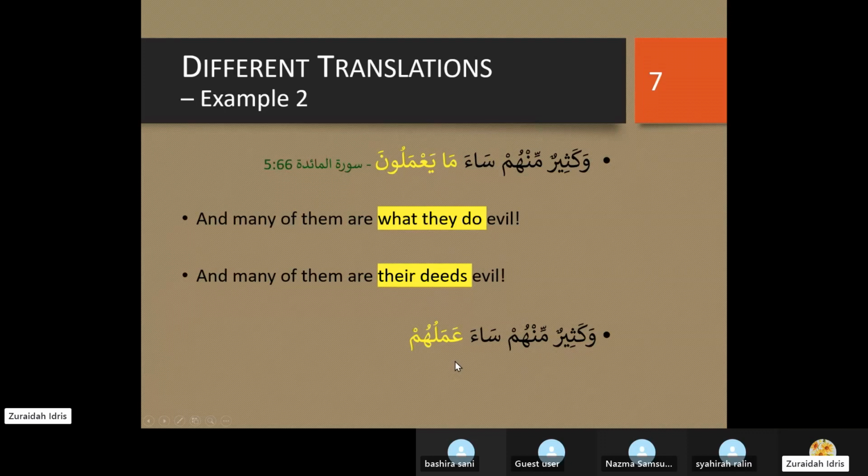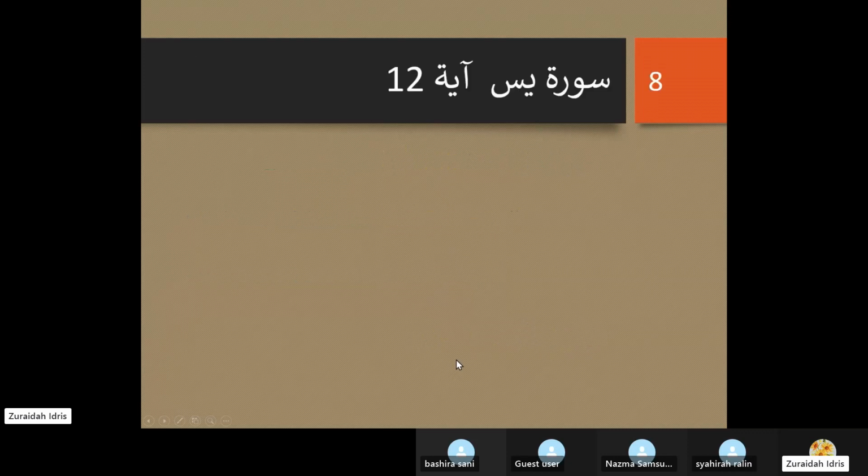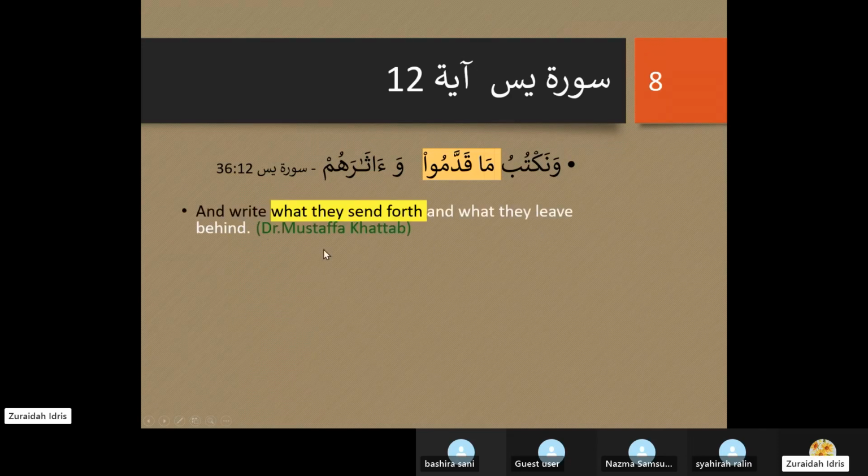So finally, now we can look back at our verse 12, which we saw just now. How can we translate this? Actually, we can translate in two ways. وَنَكْتُبُ مَا قَدَّمُوا وَآثَارَهُمْ. Remember, we dropped the a'id, omitted. This is how Dr. Mustafa Khattab, the one who wrote The Clear Quran, translated it: "And We write what they send forth." Okay, this is clear. Ma qaddamu, what they send. Did someone ask a question?